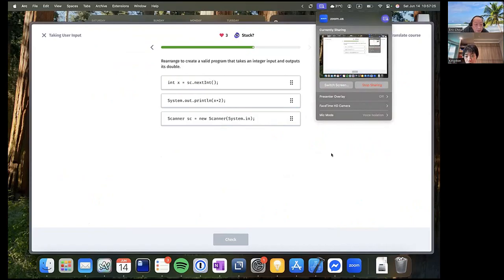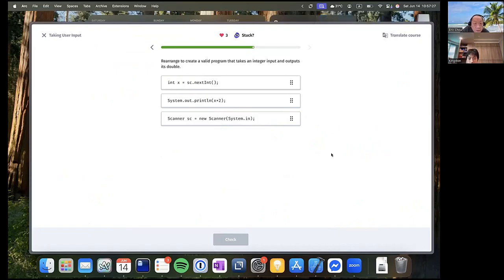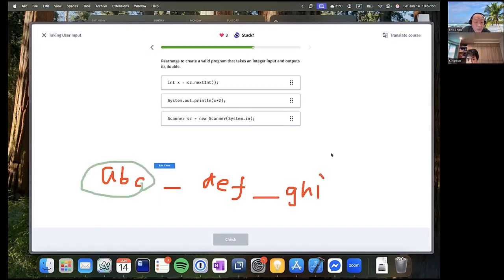If you have ABC space DEF and you do next and then next again, is it just ABC space or is it ABC and then DEF? No, it's token by token. So it's A B C space D E F space G H I. Your first token is A B C, they'll grab A B C and that's it.